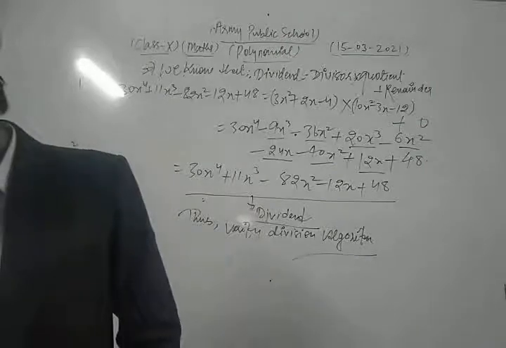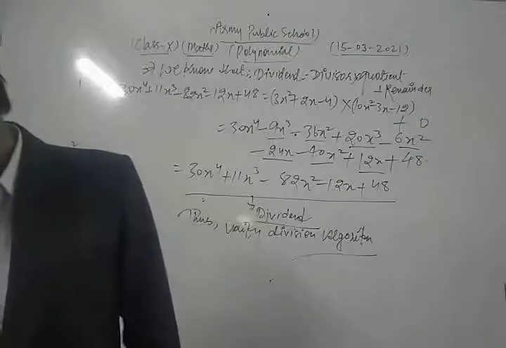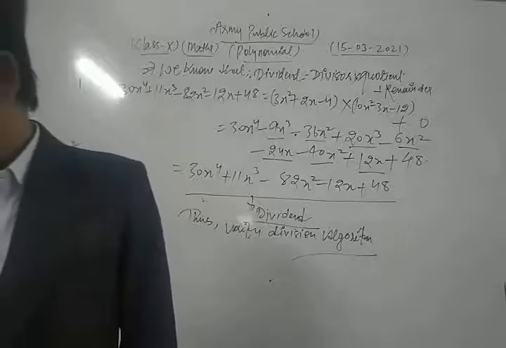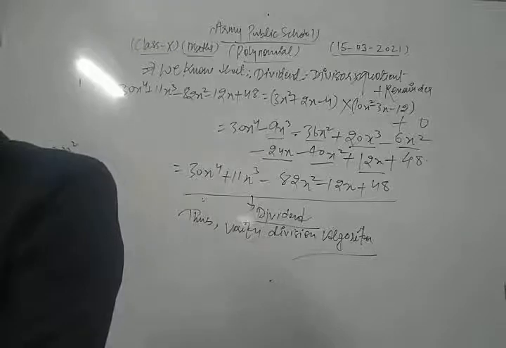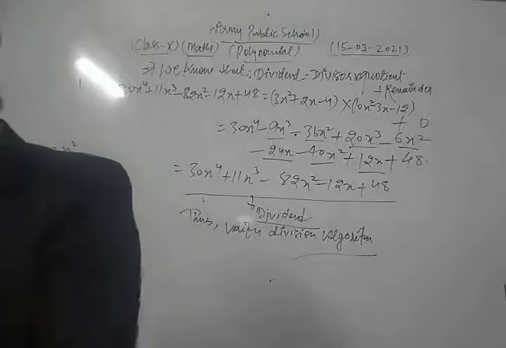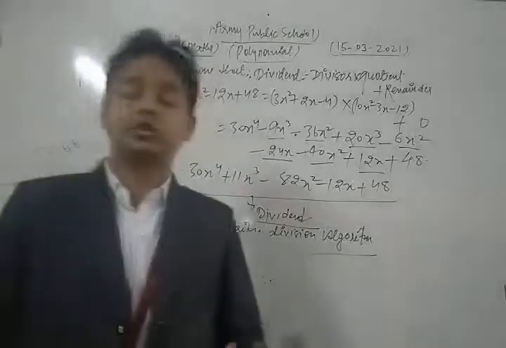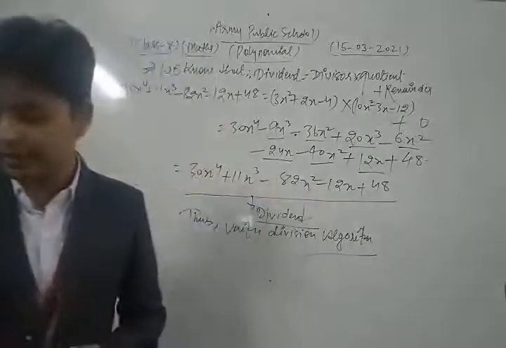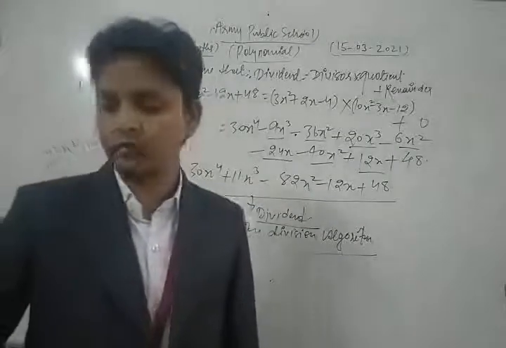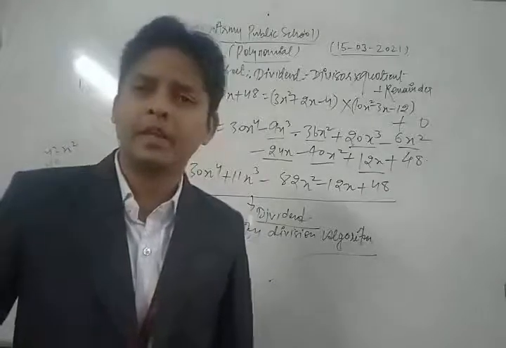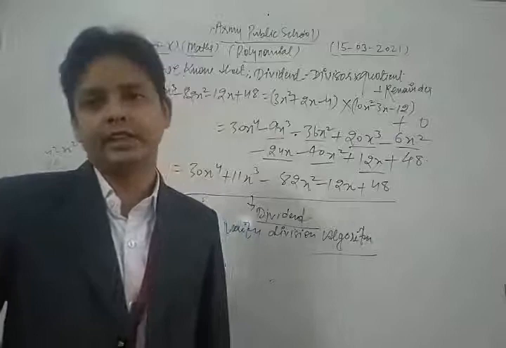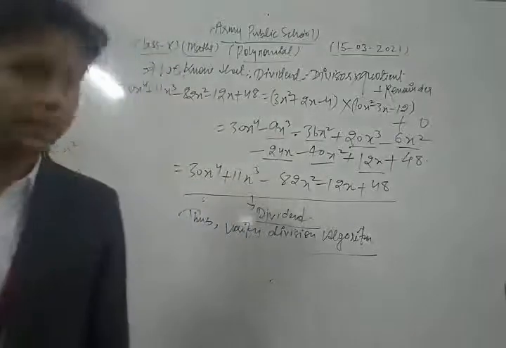Now we take some other important topic based on polynomials. Okay, dear students, let's see. Now we discuss the next topic of that chapter, on finding the remaining zeros of a polynomial when some of its zeros are given. We take and solve some important questions based on these topics.